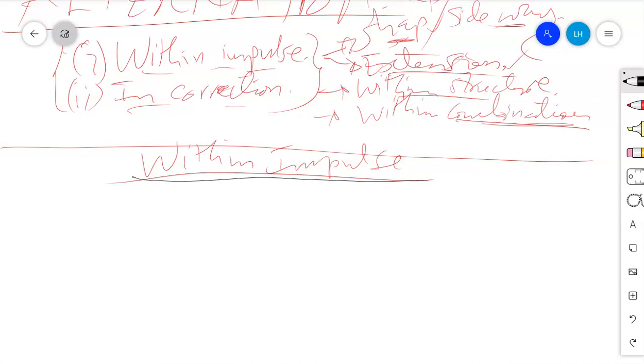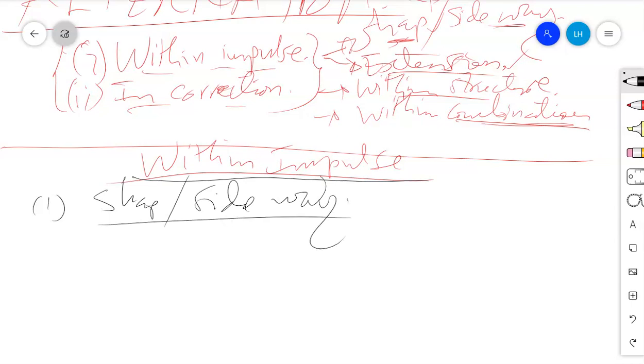We have said that we have two ways in which an impulse may alternate. We have sharp and sideway. Now let's start with the first thing, the issues on sharp or sideway. We have the issues on sharp and sideway. Now what's this in terms of an impulse?